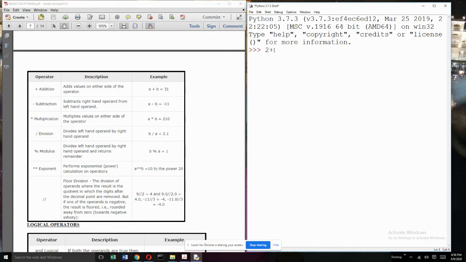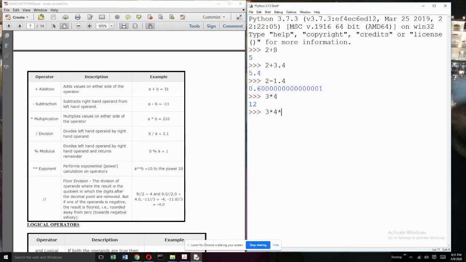Now, addition is when you can add two numbers or more than that with a plus sign. If both the numbers are numeric, the answer will be numeric, but if one of them is a floating number, the answer will be in float. So is the case with subtraction. If one of the numbers is a floating number, then the answer will be in float. Next is multiplication. 3 into 4 is 12.